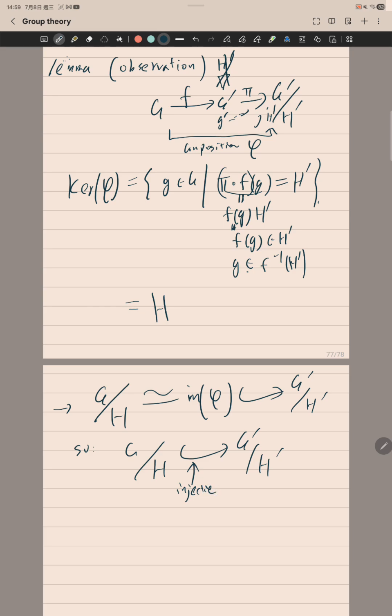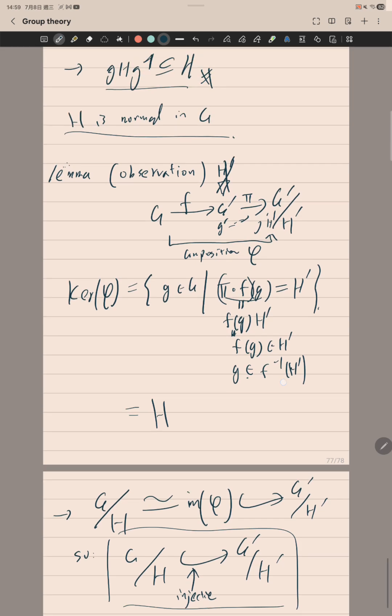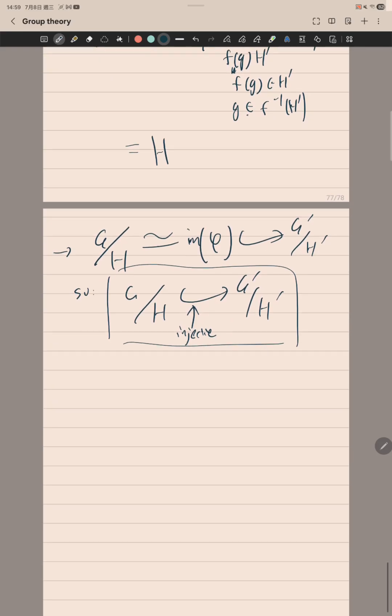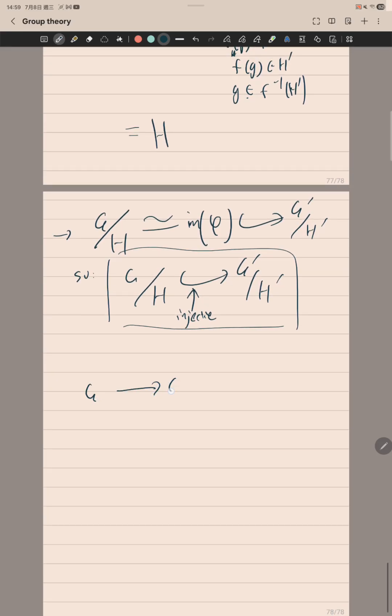Okay, so G quotient H will be a subgroup of G prime quotient H prime. So this is the first result. Basically, this observation tells you that whenever you have this kind of thing,